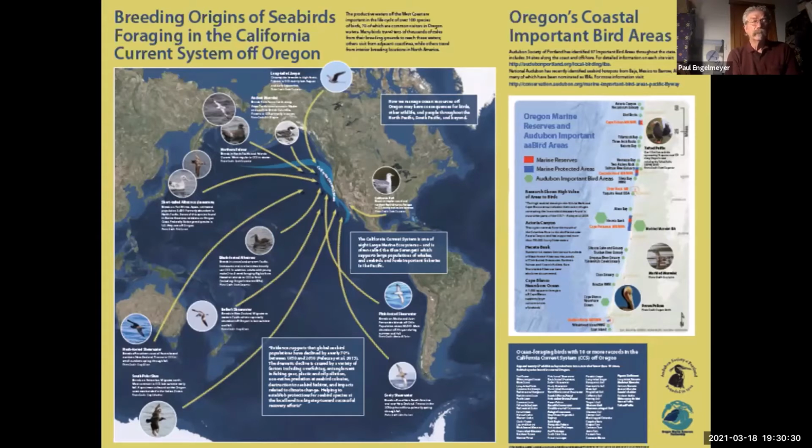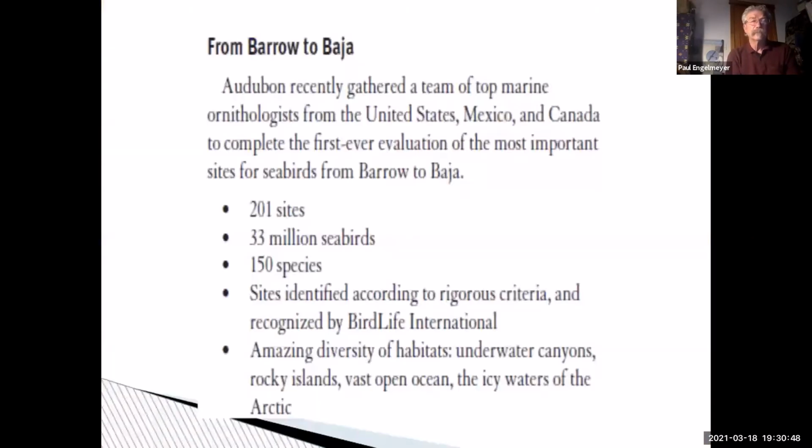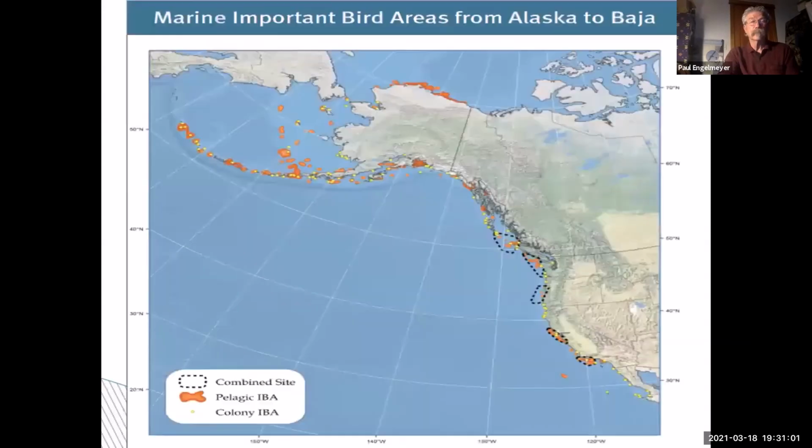We should pull a team of folks together. So someone immediately says, well, I know the Pro Natura folks. Let's call Anna down in California, and we got Oregon, Washington. Let's call Peter in DC and BC, and let's get up to Alaska. And they came up with a new concept, which was B2B, Baja to Barrel, 200 sites identified, 33 million seabirds, 150 species, designated as a marine important bird area network, Baja to Barrel. So you can see this,